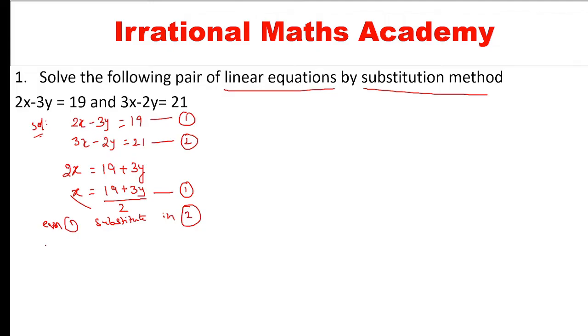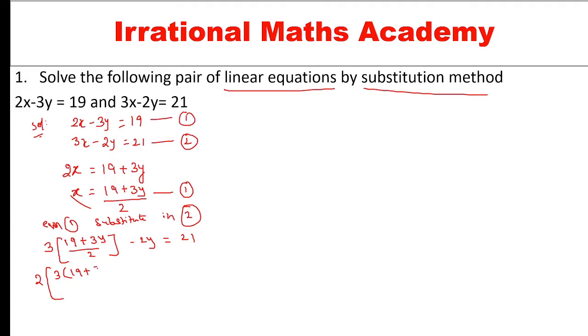So wherever there is x, I'll substitute this value. x means I'll substitute here (19 plus 3y) by 2, minus 2y equal to 21. Now here the denominator is 2, right? Either I simplify this way, it becomes complex. Instead I'll multiply this whole part with 2. If I multiply this whole part with 2,